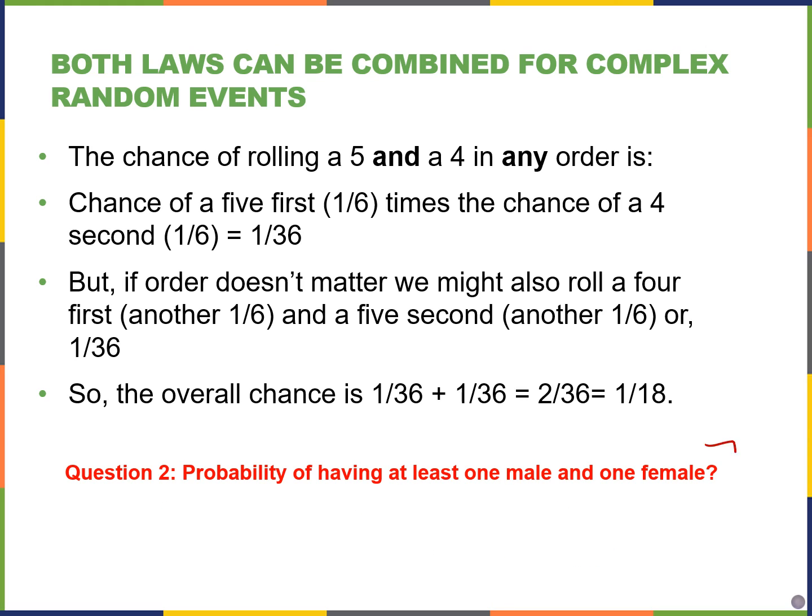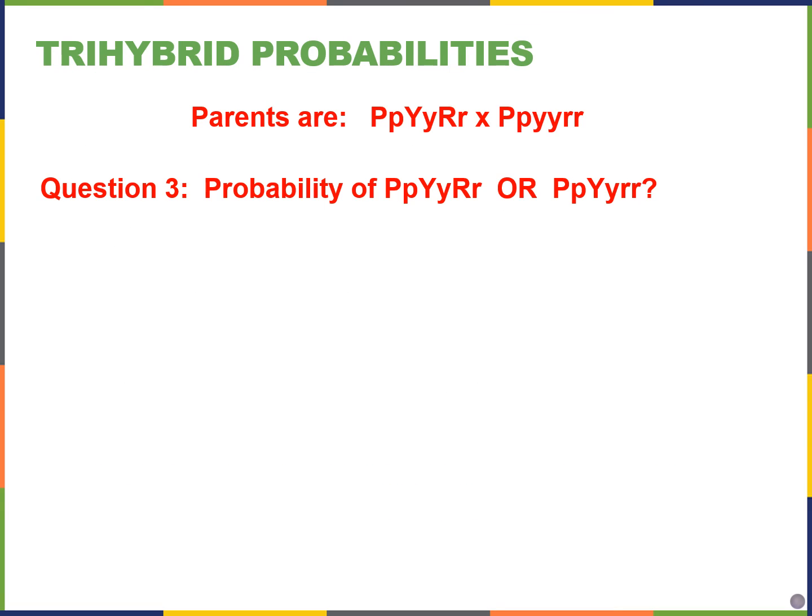Another way to solve this problem is noticing that it doesn't matter what the first child is. It doesn't give you a specific order. So the first child could be male or female. It's really the second child that has to be the opposite sex. So that gives you the same answer. It's a half chance of getting at least one female and one male. These multiplication and addition rules become really helpful when we're dealing with